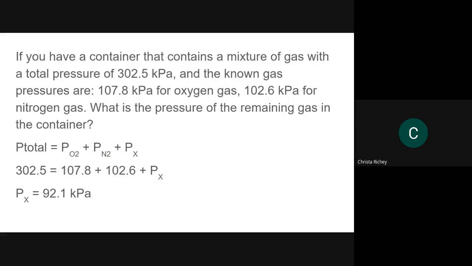Now with the, let me stop the recording. With the other gas laws,